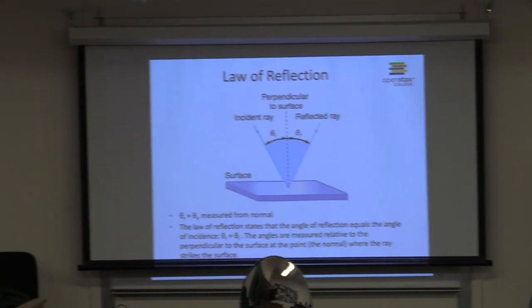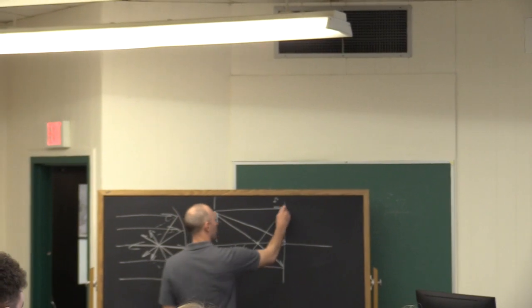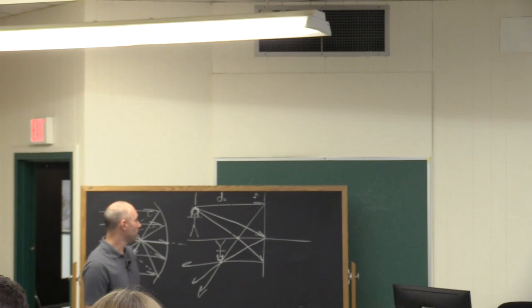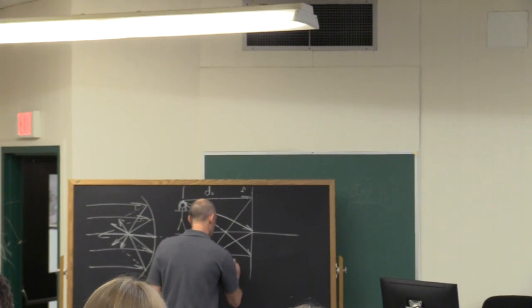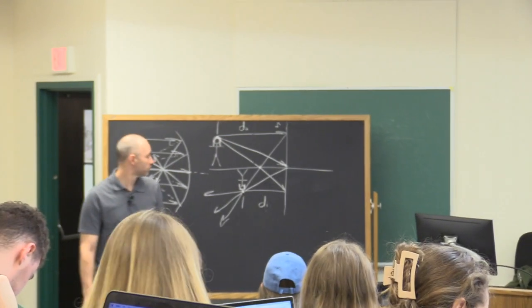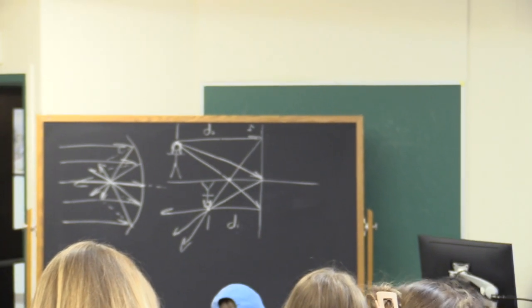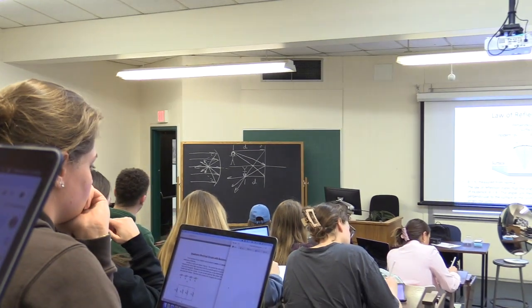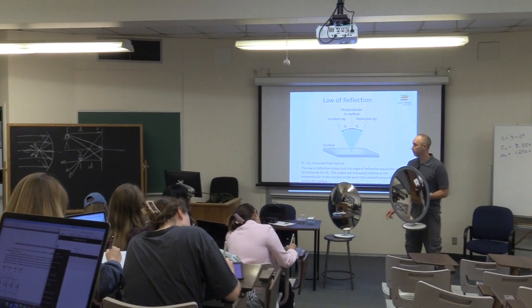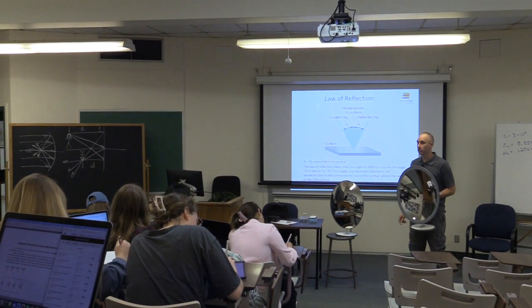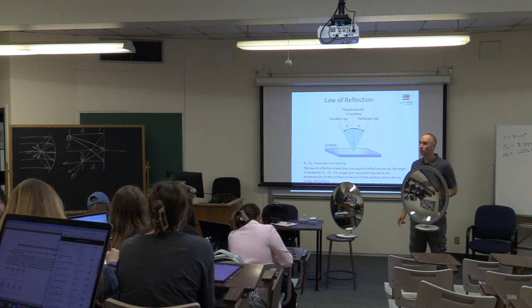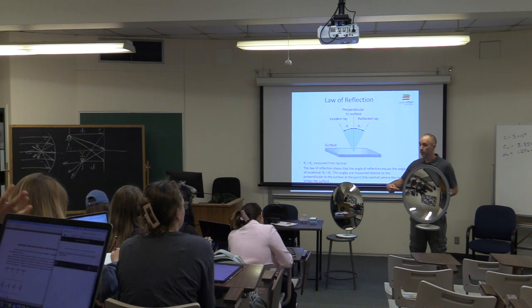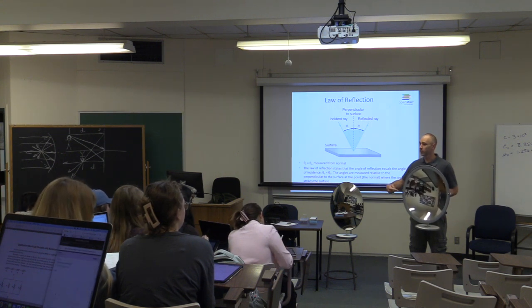The distance between the object being seen and the mirror is called the object distance, DO. The distance between the image and the mirror is called the image distance, DI. So, the image that you see when you look in the mirror, based on what I just drew, should be upside down. And from what I'm seeing, a little bit smaller than you actually are. When you look in here, do you see you? Yeah. Are you upside down? Yes. Are you a little bit smaller than you actually are? Yeah. Cool.